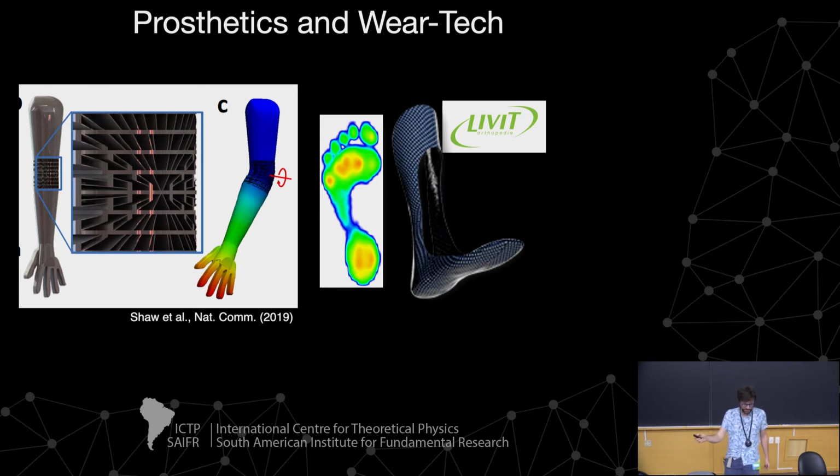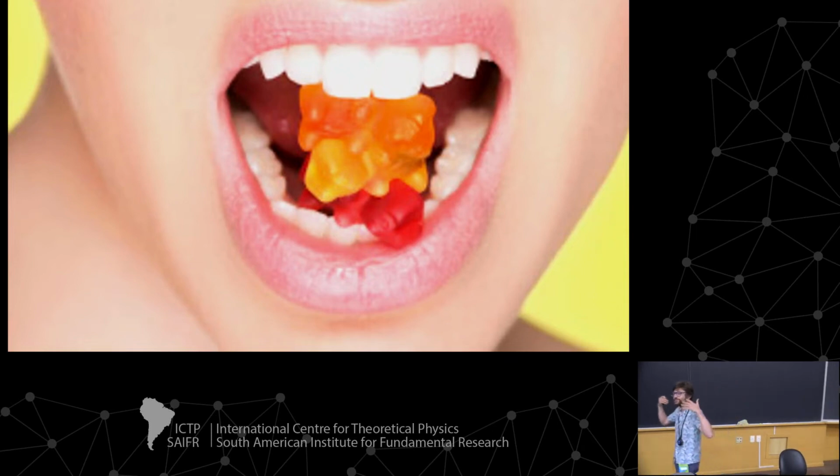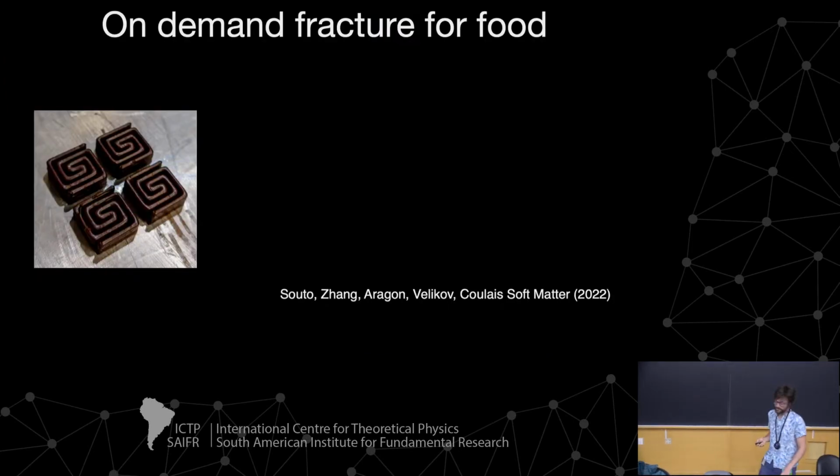Okay. Last example before I move on is one thing we explored recently: how you could use metamaterials to also maybe improve the relationship between materials and humans. And what we actually did was to see whether we can use metamaterials to improve mouthfeel. So when you bite, you actually do a mechanical experiment. You put something in your mouth, you compress it, it breaks. And so if you can control how an object deforms and breaks, you can potentially control how you feel when you bite it. And so that's what we did a very early step on by printing